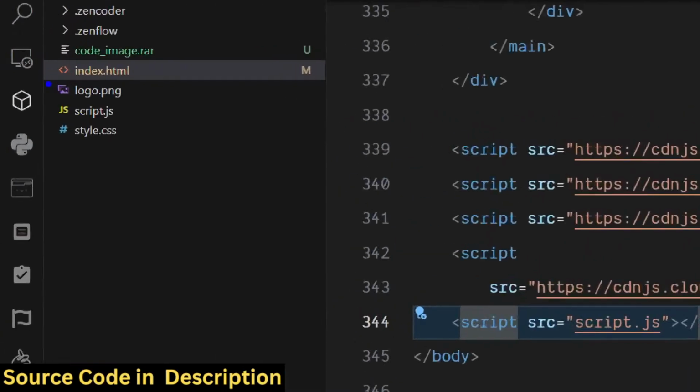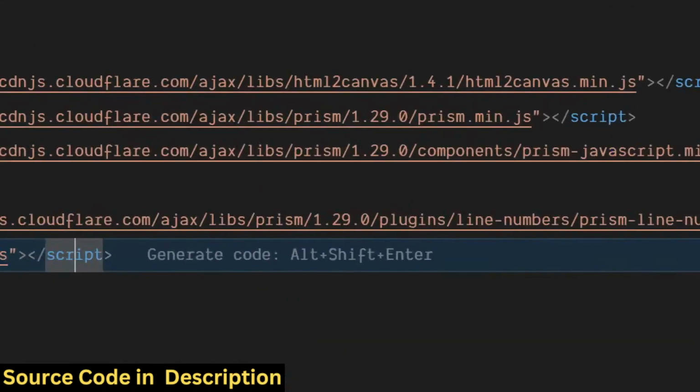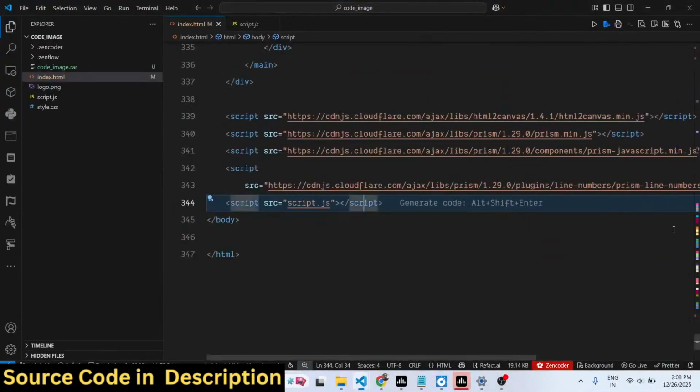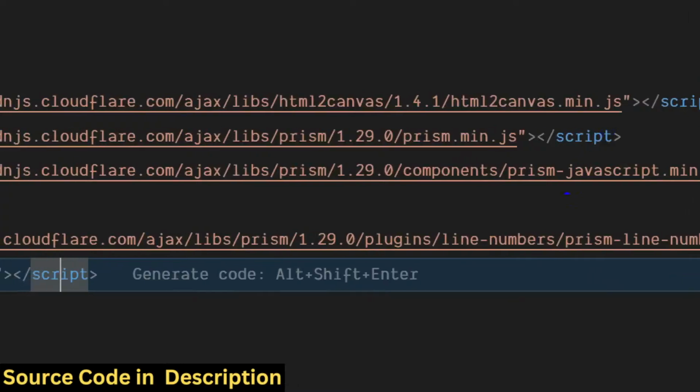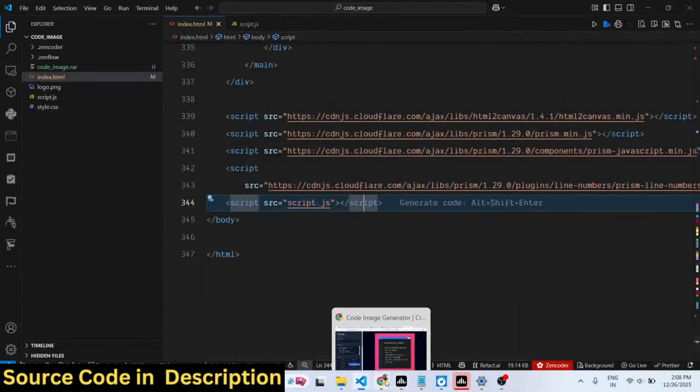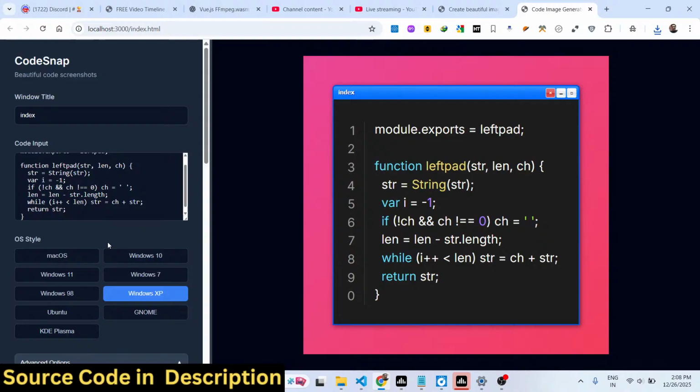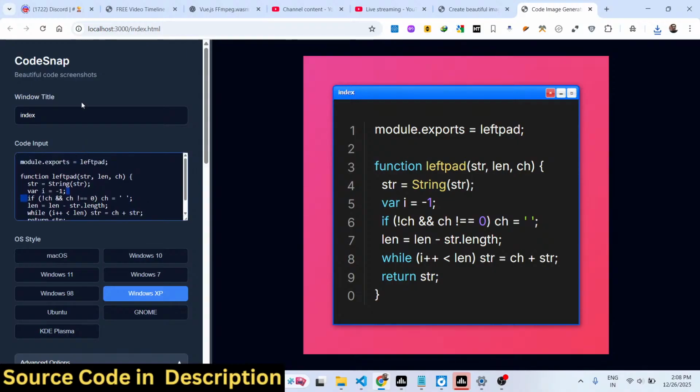So these are the three files are there. HTML, CSS, and JavaScript. Each file is customizable. You can add more features on top of this application. We are using some third-party libraries here. HTML to Canvas, Prism, everything for syntax highlighting. So it's similar to Carbon.now.sh and